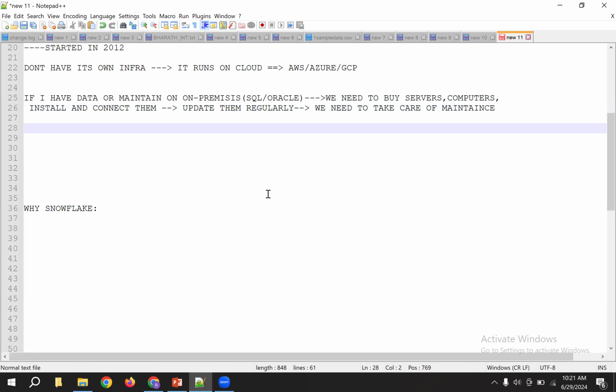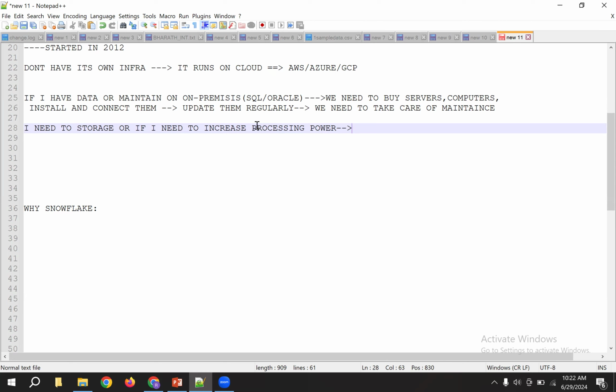Here, if you want to increase the storage, or if you want to increase the processing power like CPUs, think like this: I need to increase the storage of the server, or I need to increase processing power. At that time, again, you need to connect it in the server, in the network again. So again, it's a tedious task for us.